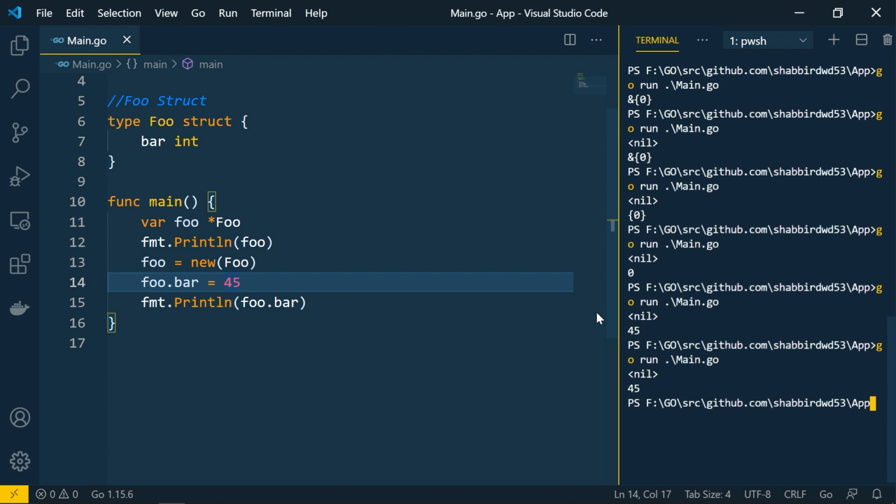So this is how you can use pointers in Golang. You can directly create pointers, assign the memory address, and use pointers with all the different data types available, including complex types as well. And if you're using complex types, you don't have to dereference those variables. The compiler will take care of it internally.